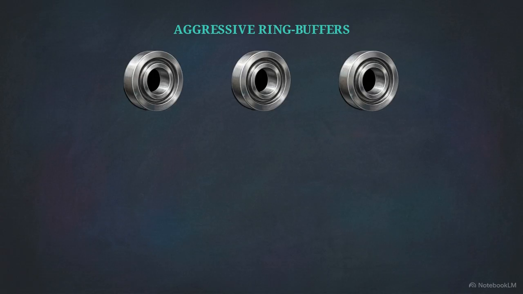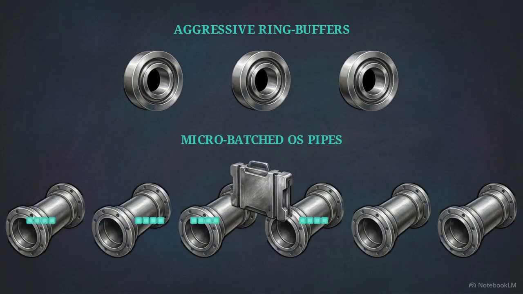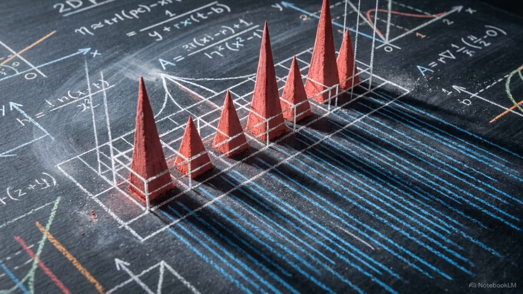Look at this diagram showing continuous circular rings. They cycle data smoothly, overwriting safely without expanding their outward diameter. To prevent deadlocks, the system ensures kernel-safe inter-process communication using micro-batched OS pipes and strict semaphore limits. These kernel-level constraints ensure the orchestrator maintains a stable resource footprint, preventing the service degradation and crashes that typically occur